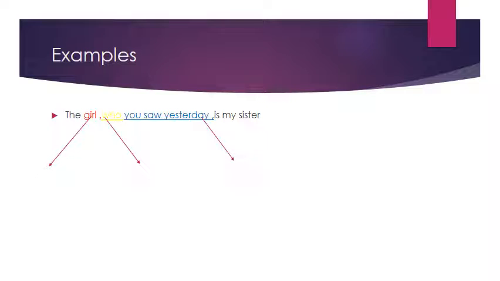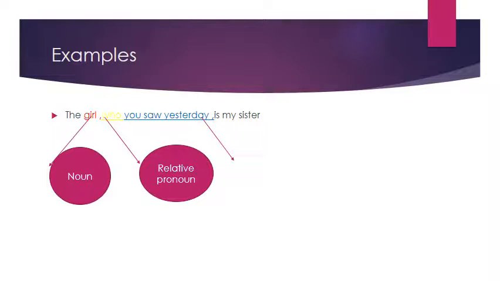Following example. The girl, comma, who you saw yesterday, comma, is my sister. Where is the noun? The girl. Where is the relative pronoun? الضمير وين الضمير؟ Who. Where is the relative clause؟ الجملة كاملة وينها؟ Who you saw yesterday. Is this defining or non-defining? تعالوا نشوف. Do we have commas? Yes, we have commas. So this is